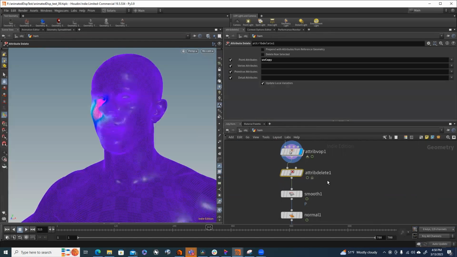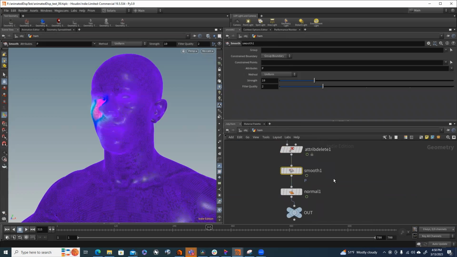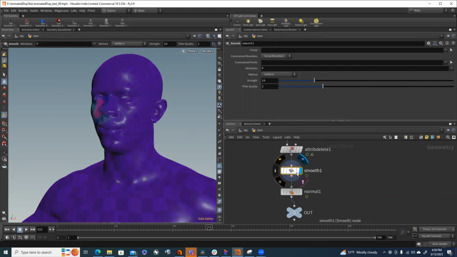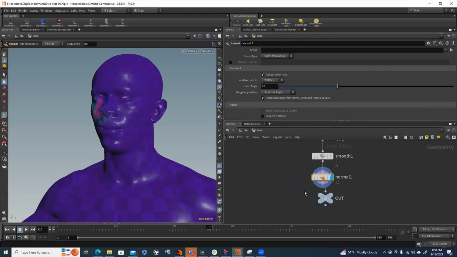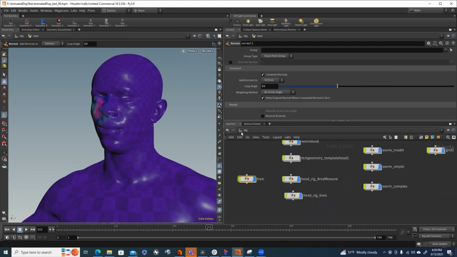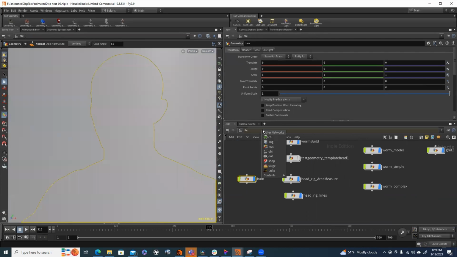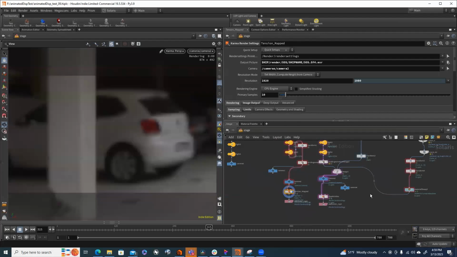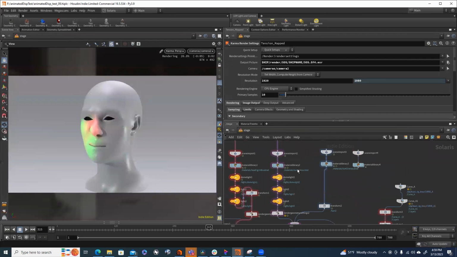And then we do a little cleanup. We get rid of that UV copy. We're smoothing out these points just a little bit because my yucky deformations made with my point deform were less than perfect. And then recalculating the normals. So from that, now we have a character that if we go out to the stage and we jump into